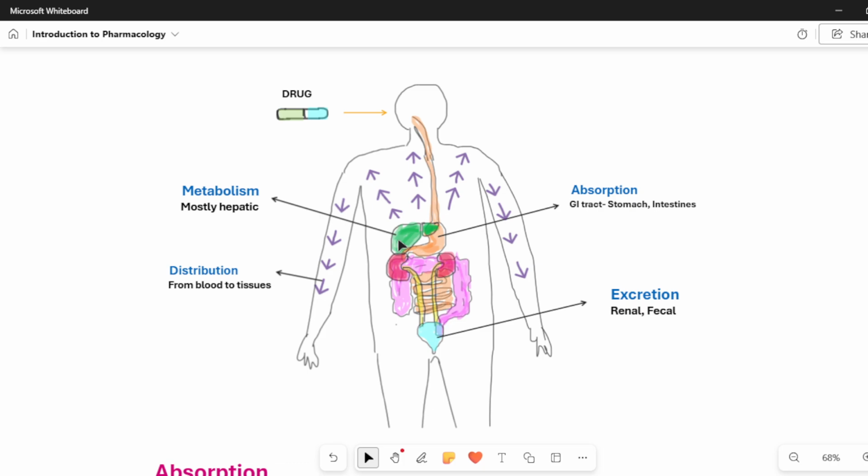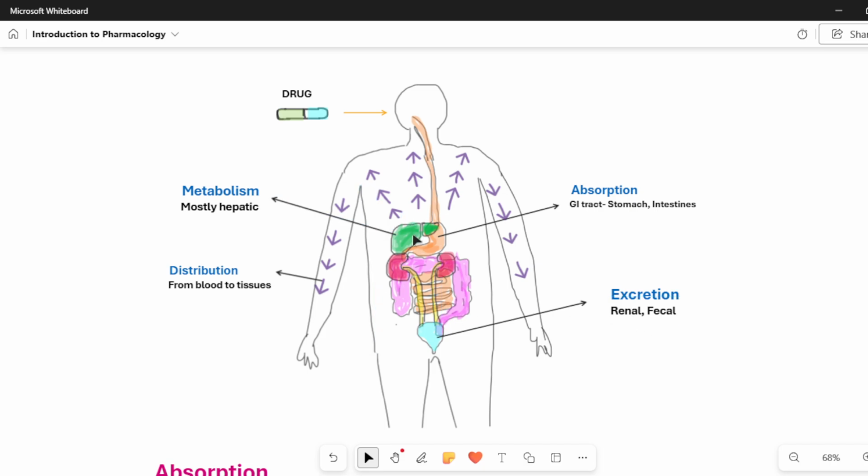So in case your drug is a fat or lipid soluble drug, it changes it to water soluble so that it can be eliminated from the kidneys. Kidneys cannot filter the lipid based drugs, so it modifies that into water based drugs, and it enters the kidneys and is excreted out. That is one way of excretion, that is your renal excretion.